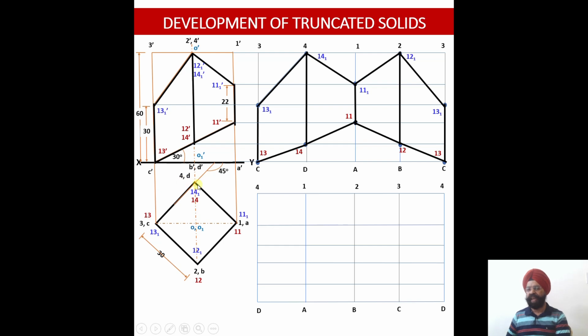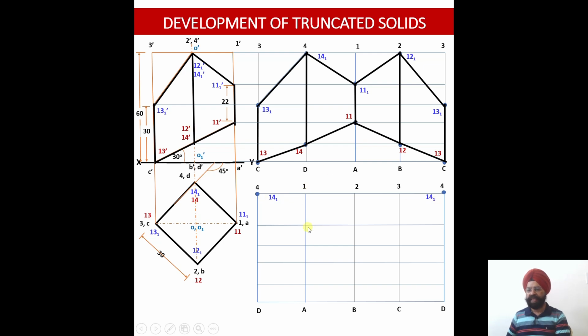4D. This vertical edge I will be cutting open, and again I will be moving in clockwise direction. So where my first cutting plane is going to cut this vertical edge 4D over here, 14,1 point. So 14,1 dash. So where is this locus line? On the first horizontal line. So on the first horizontal line, my point 14,1 will be located over here as well as over here. So this point is 14,1. This point is also 14,1.